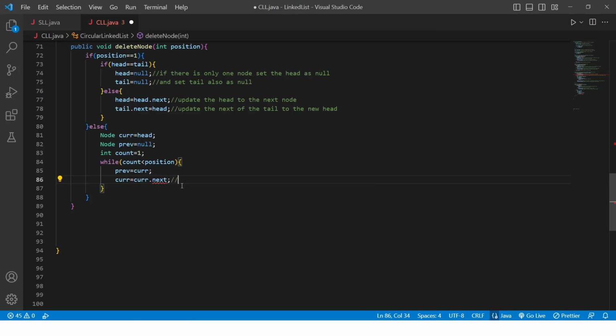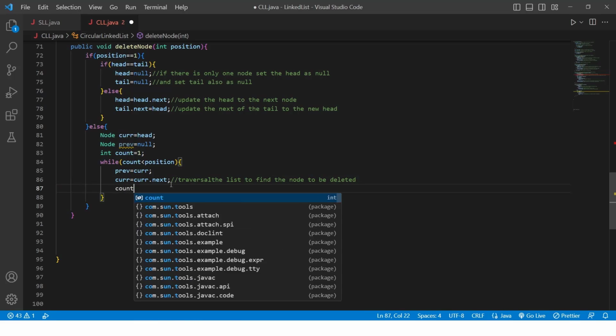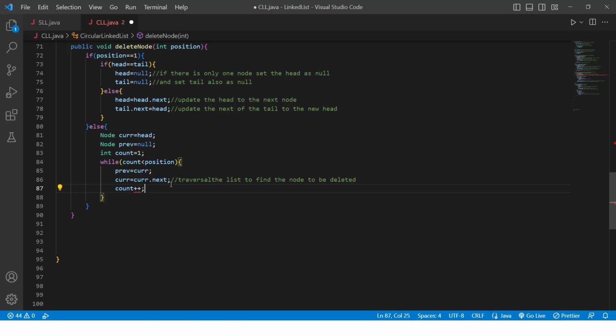This is what? Traversal of the list to find the node to be deleted. Okay, this is done. Now what I have to do is increment the count also, count++. Okay, this is done. After reaching there, what I have to do is make the